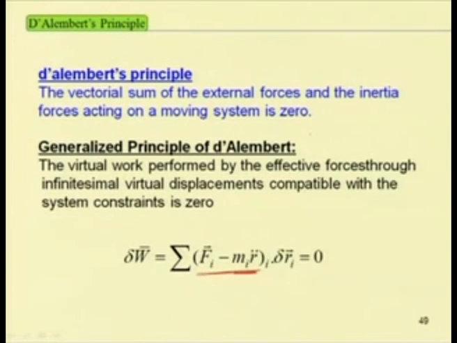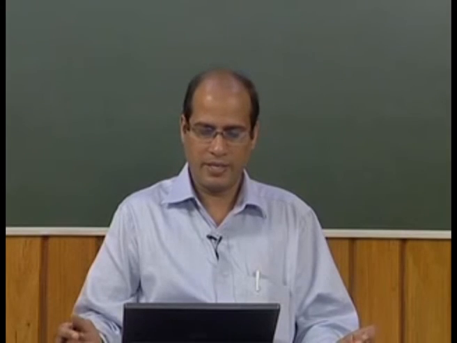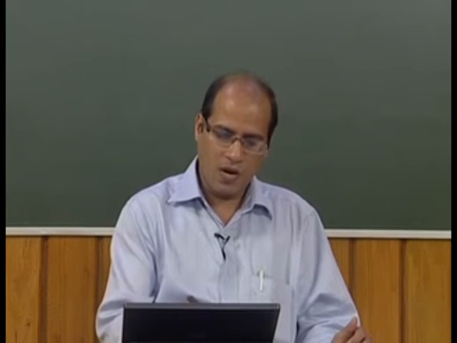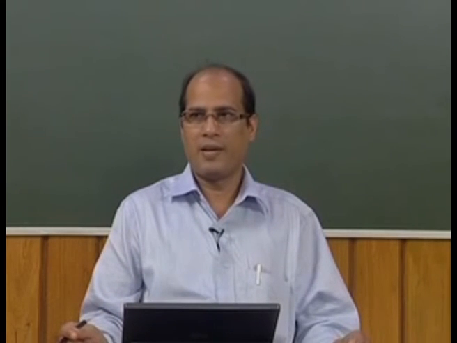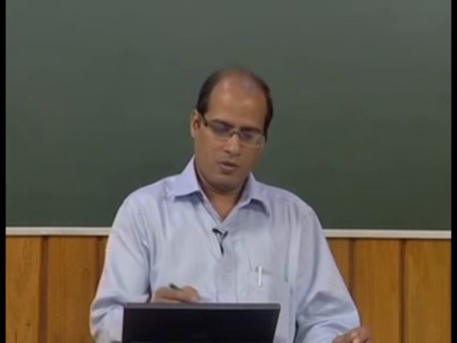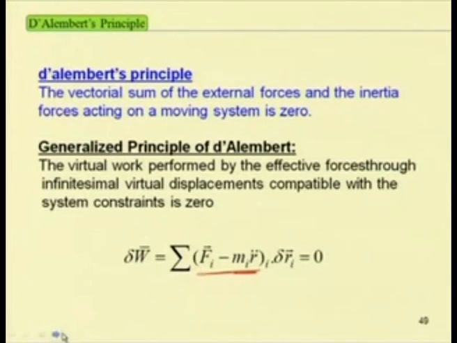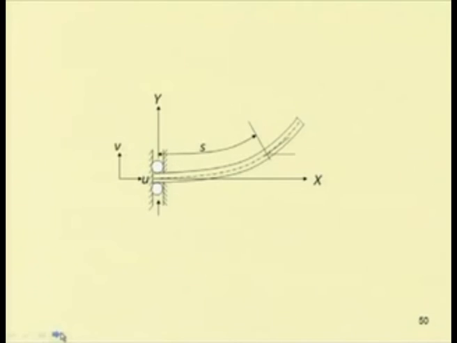Now, by using this D'Alembert principle, one can derive the Lagrange principle and the extended Hamilton principle of the system. In the extended Hamilton principle or Lagrange principle, the terms used are potential energy and kinetic energy. So, these are scalar terms that do not depend on the direction of the system. So, one can easily find the equation of motion by using those scalar terms. Now, one more example we can see.